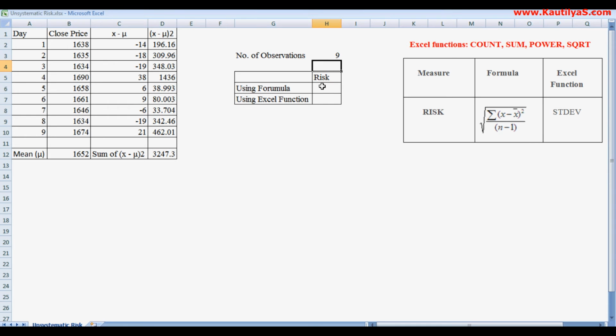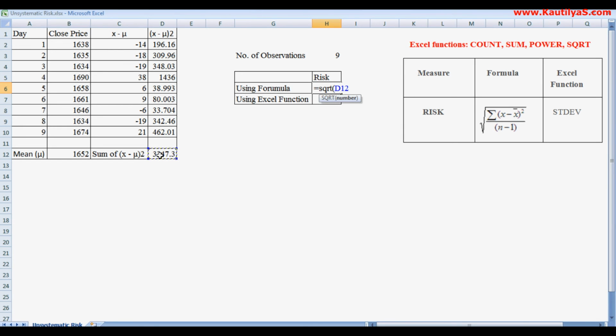Now we substitute these values in our equation. This equals to, and it is in a square root. So we use the Excel function for square root, equal to sqrt, and the numerator values are the summation of (x minus x bar) whole square. So here are our (x minus x bar) whole square values.